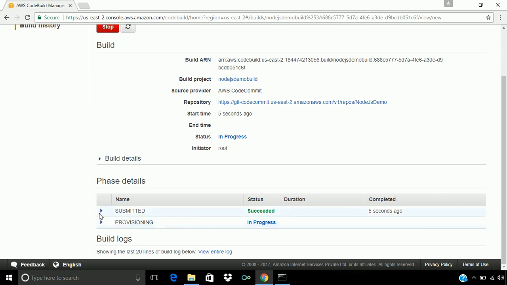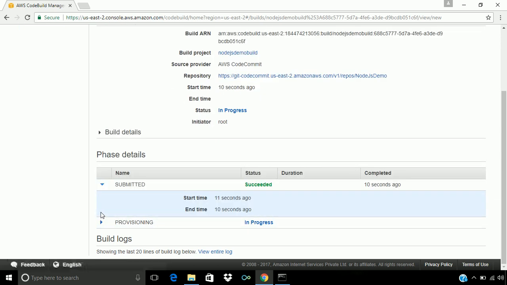If we want to know in more detail, we can click here and we can see the start and end time. If we want to see the entire log, we can click on this link and it will navigate us to the CloudWatch link, and there we can see the detailed log of our CodeBuild project.